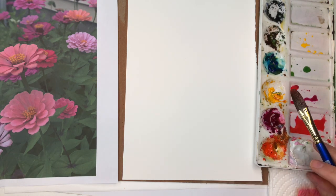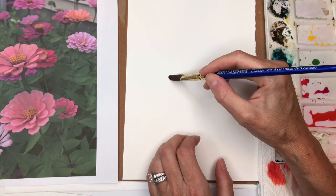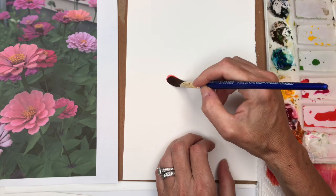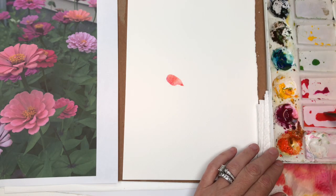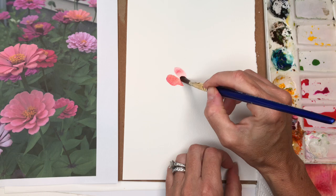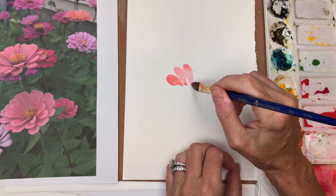Okay. I water it down and I always kind of tap off the excess water on my paper towel. It just kind of helps me. So I actually didn't paint the yellow part first, but I can do that. You can do it at the beginning or afterwards. It's just getting a little more orangey, a little more pink. Again, see how I just went like that? Pulled it in. Maybe it's a little too...